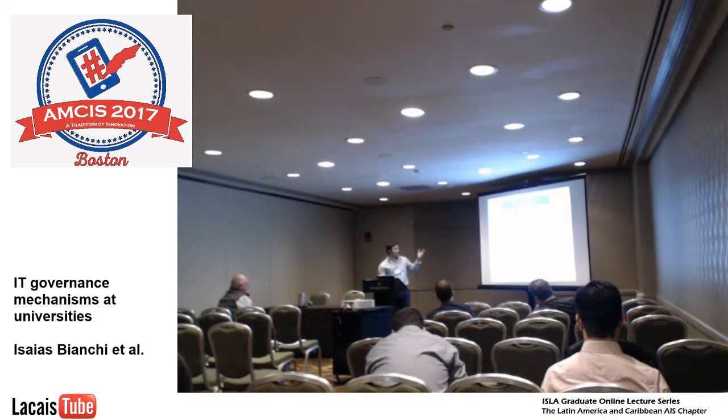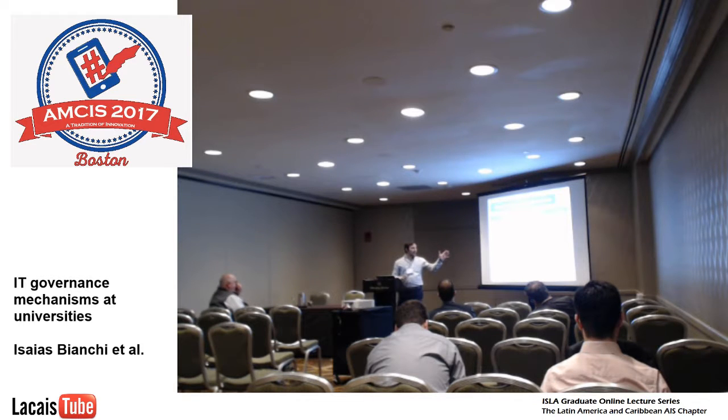Another point is that research on IT governance specifically at universities is scarce. We did a literature review, a search in the AIS library, and just found 4 articles on IT governance specifically for universities. In other databases, such as Scopus and Web of Science, we found 26 articles on IT governance specifically for universities. Here is our overview of the research on IT governance at universities.